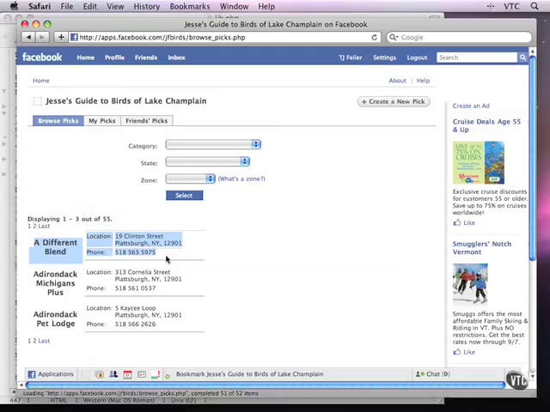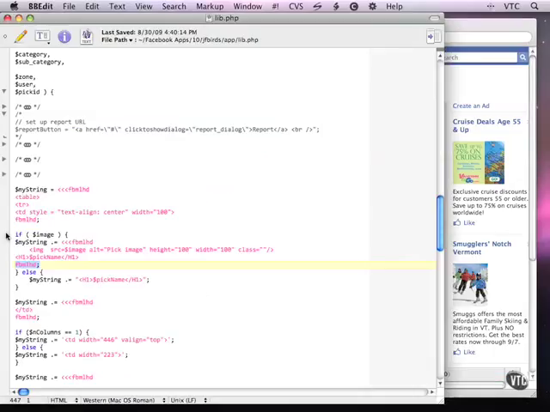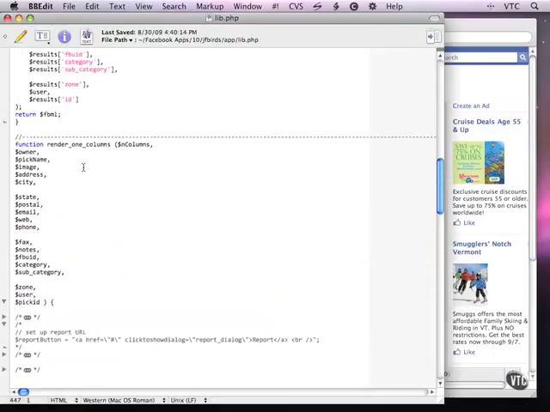Then move along and try a few other items. Try items that have longer names, shorter names. Just look at them and get it so that one of them looks good. Now take that code and paste it into your version of render1 columns.